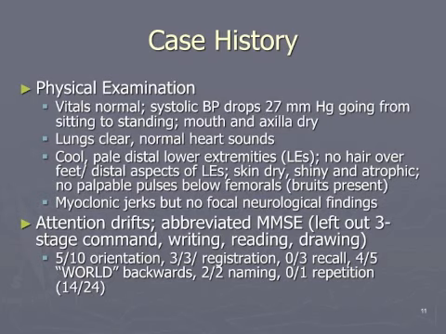And when you talked to her, attention tended to drift, and you did an abbreviated mini-mental state examination. You left out the parts where you have to do writing or where you have to ask her to fold the piece of paper. And she had problems. She had difficulties with orientation. While she registered the words, she could not recall any of them. Had some trouble spelling the word world backwards. So on the abbreviated mini-mental state, her score was 14 out of 24.